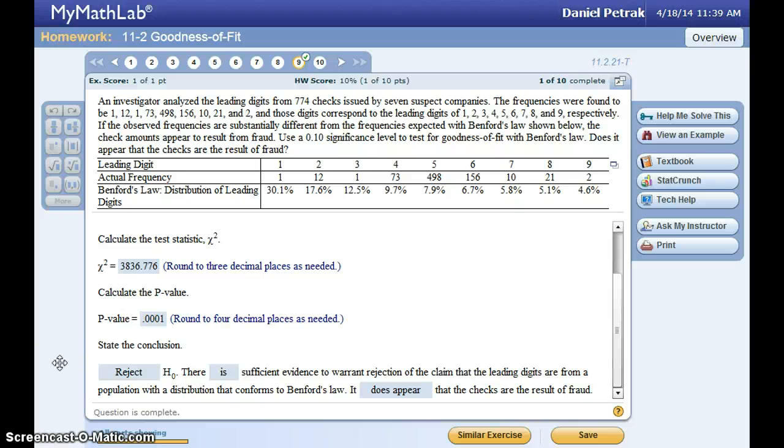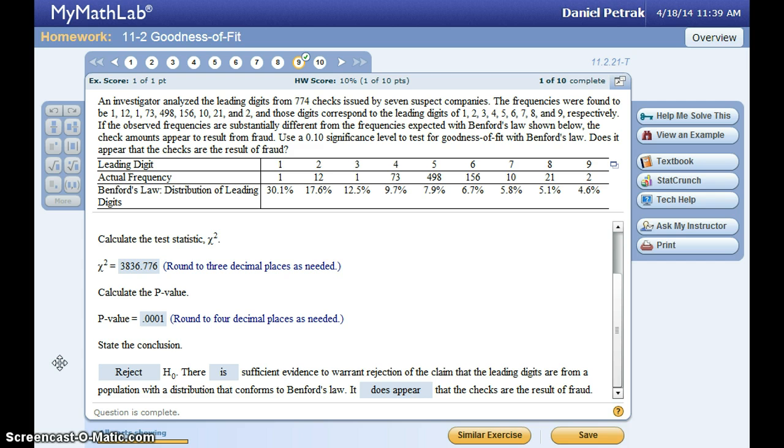Okay, we're going to do a quick goodness of fit problem. This is in section 11.2, number 9. The reason I picked this one is because it's getting a little more cumbersome to calculate the chi-squared statistic when we get this many categories and the numbers are getting large. This also talks about Benford's law a little bit, so it's a good one for us to go through, and I'm going to show you how to do it